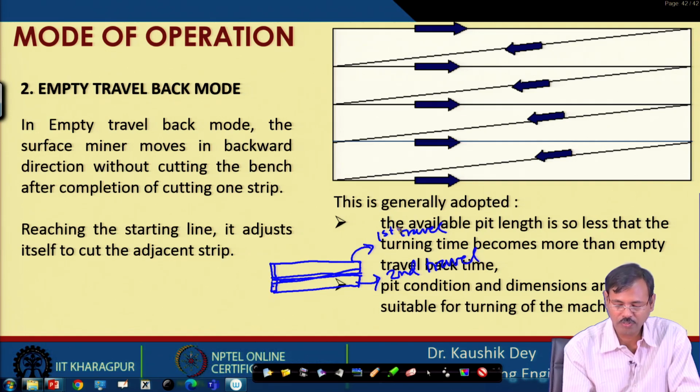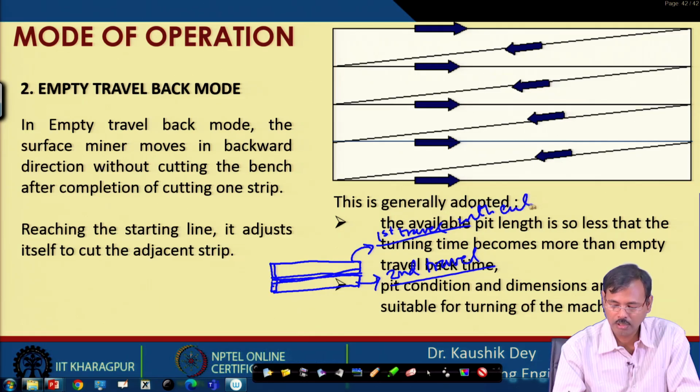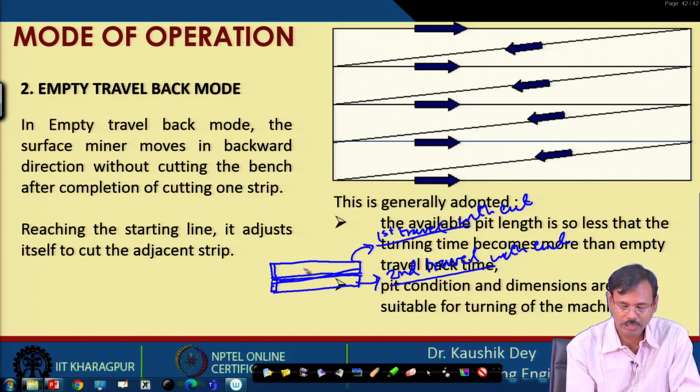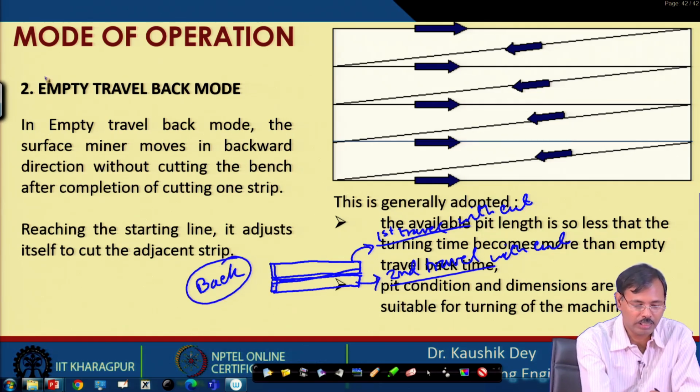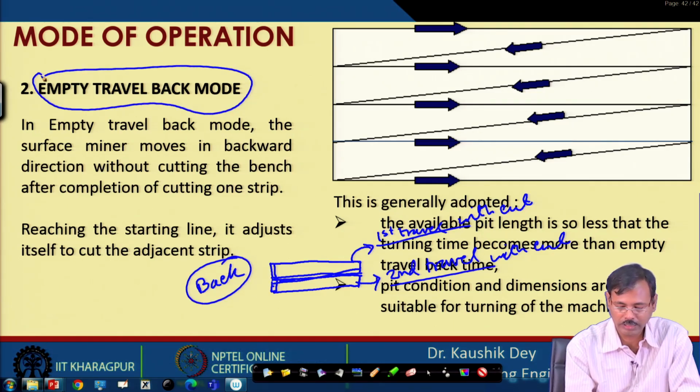So, between the first travel and second travel there is a movement of the surface miner in back gear without cutting. So, that is why it is empty travel back. It is travelling back in back gear without cutting, that is why it is called empty travel back